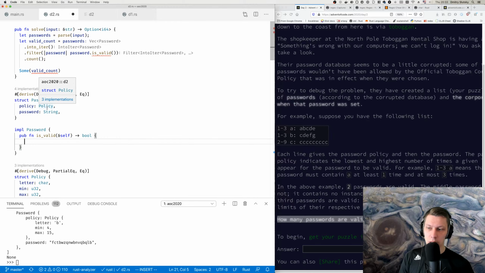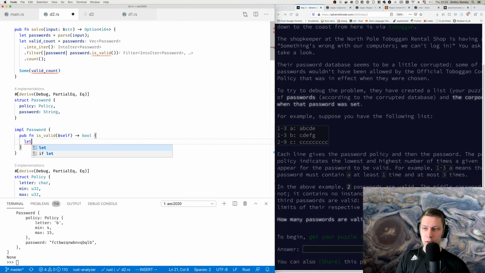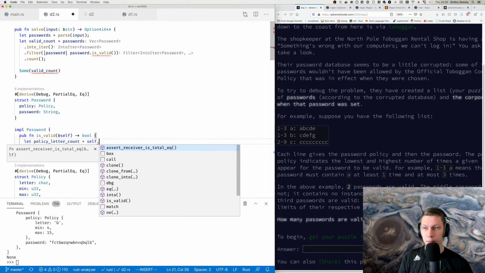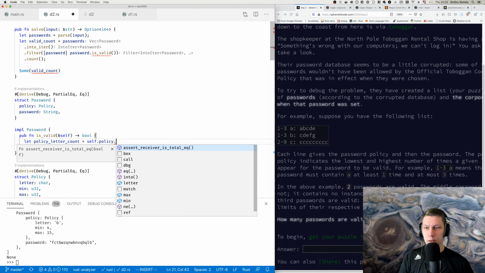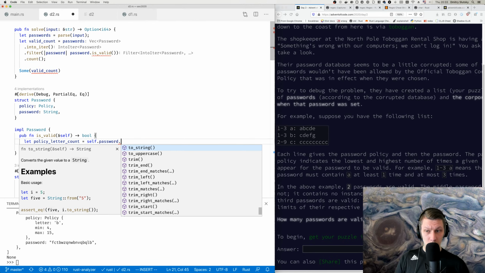And then we say if. So we need to make sure that we have this letter in the amount specified by the range. So we first just count the letter. Count letter, which will be letter count, policy letter count, where we just say self policy, self password, and then we say